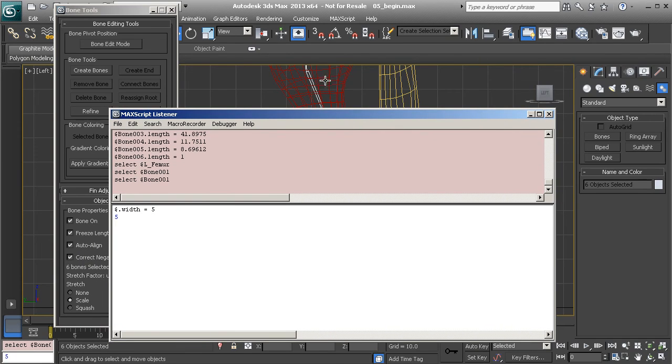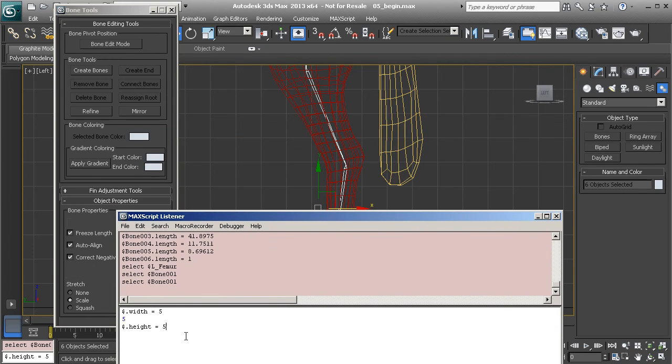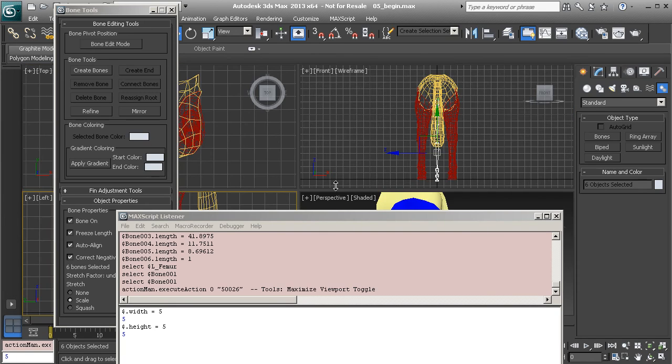We'll see this clearly when we adjust the height now. Let's do that next. So at this line here, let's type in $.height is equal to 5. Now take a look at what happens to each bone when we run this. We'll simply press enter again, and you can see that now we have adjusted the width and height of each bone. If we were to move back to our perspective view,